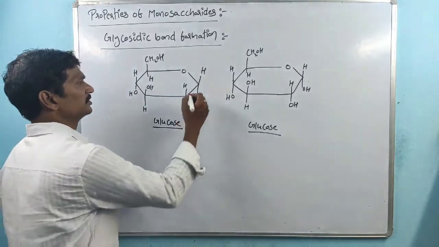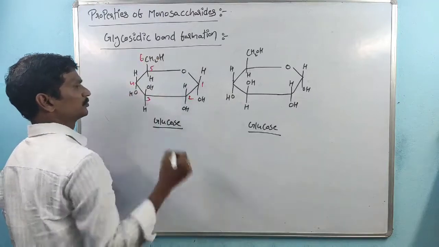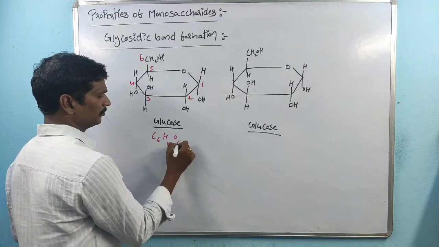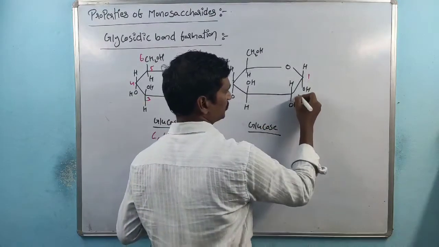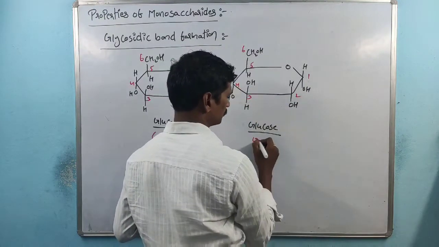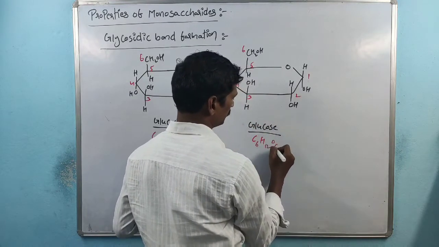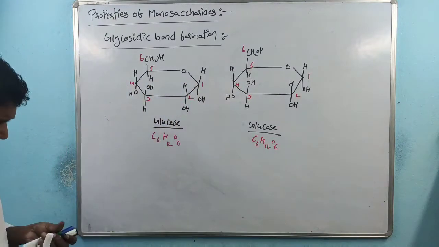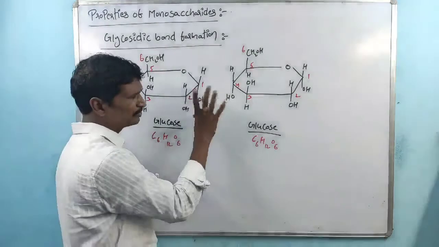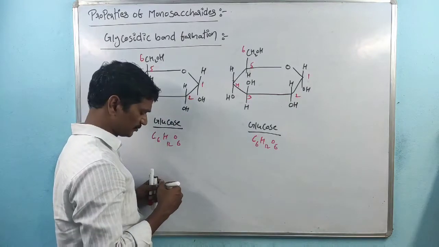All of you remember, this is the first position, second and third, fourth, fifth, and this is the sixth position. So within glucose we know C6H12O6, and this one is also the same thing. Here the first one, second one, third one, fourth one, fifth one, and sixth one. So this is also glucose. Here the linkage is between them. That is about the number of carbon atoms within that glucose. All of you remember how these two monosaccharides are joined, or how glycosidic bond formation takes place.